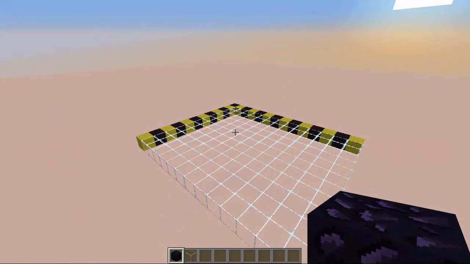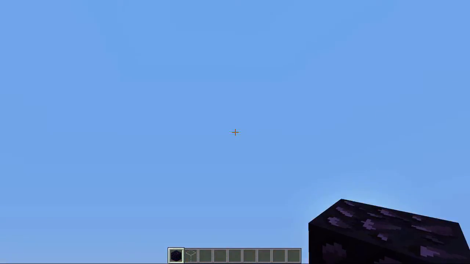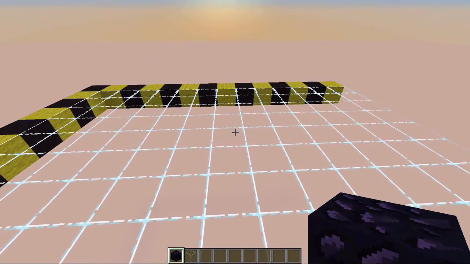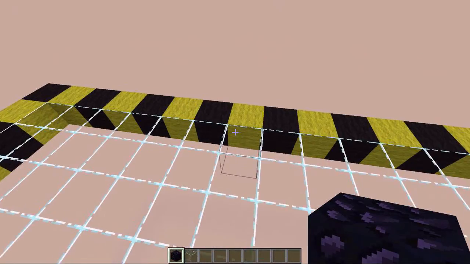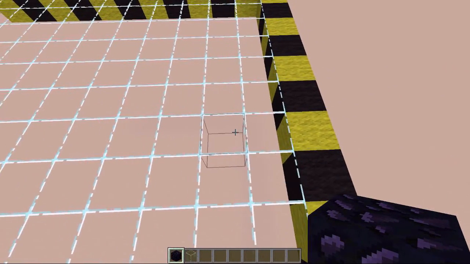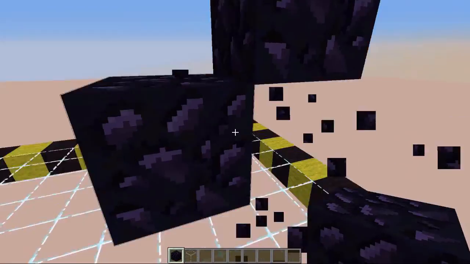To build this, we're going to need an 11 by 13 area, and the height is determined by the height the elevator should go. But we're going to start by finding the middle. So this is the middle. Then going to here and counting from this block 1, 2, and 3, placing obsidian right here,